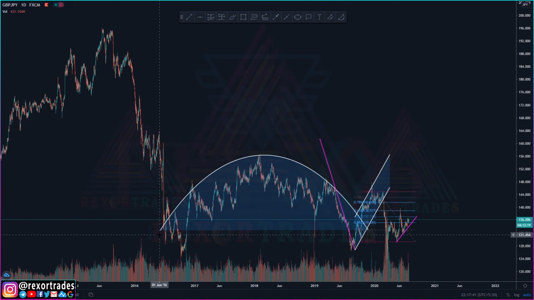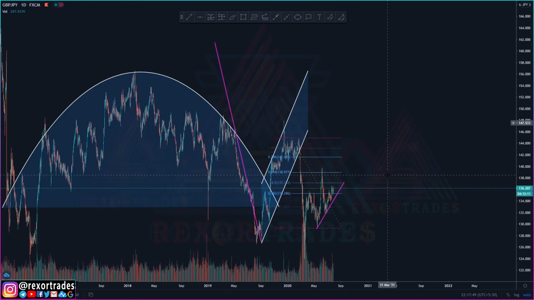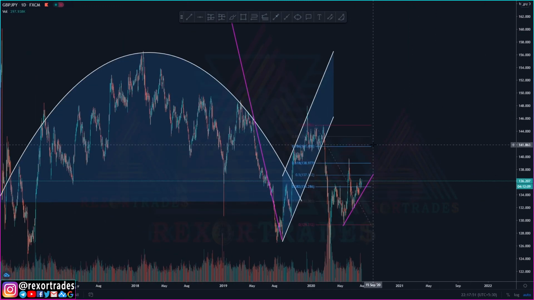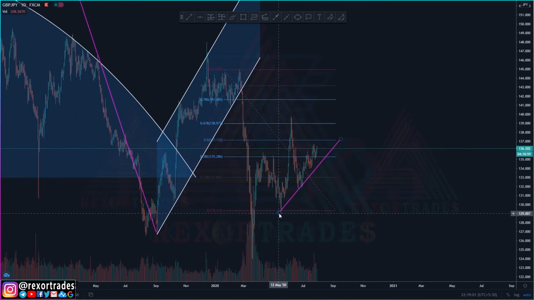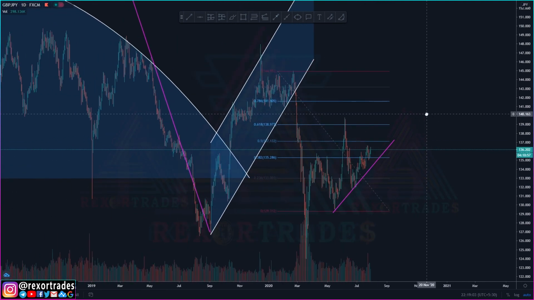First one is that price formed a beautiful inverted cup and handle pattern, then price formed another bearish flag pattern, then price retraced to our 0.618 level, then we drew another trend line on a lower time frame to enter the trade on the break of this trend line right here.